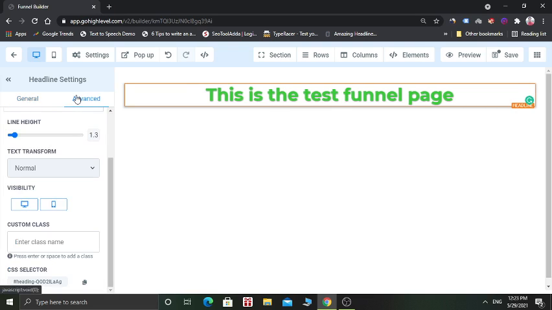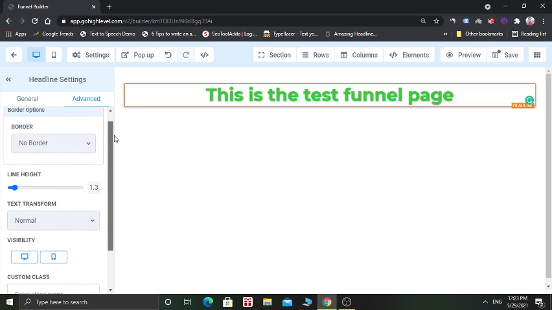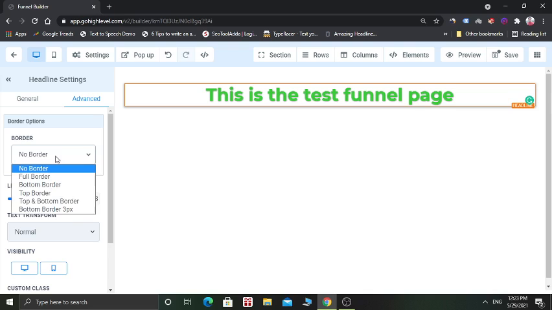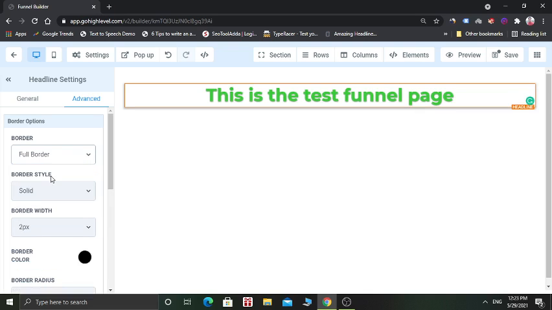And in the advanced option, you can also add borders, full border or bottom border, so on. You can add the border style as solid border, dashed border, or dotted border.